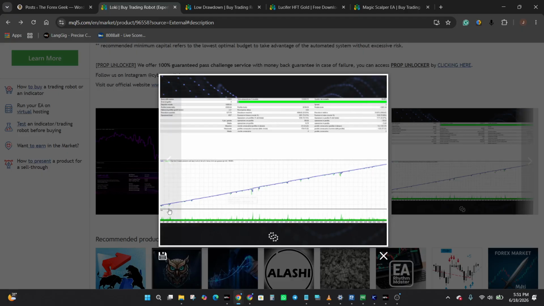What I can see clearly is that the growth curve is quite smooth, although I can see some tangible drawdowns at some point. There were notable drawdowns. Okay, let's just head over to our strategy tester. Since the tester report provided by the developer is not really clear, but based on what I can see, a steady growth curve